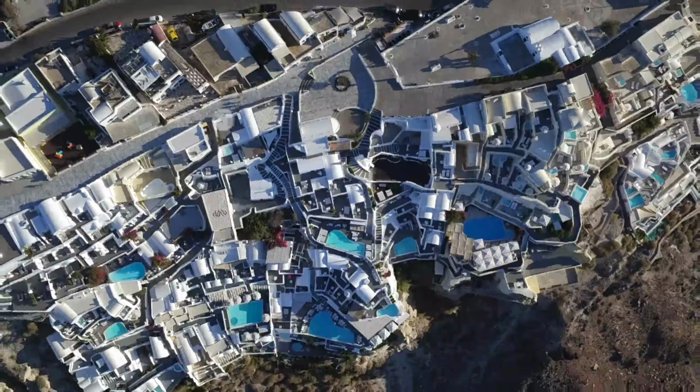So again, this is Canaves over here. There's a bus stop in here if you want to catch the bus to Fira or Imerovigli. You don't have to walk all the way into town to get the bus. And here you can see, I mentioned this a lot on my website, but hotels that stay down in this